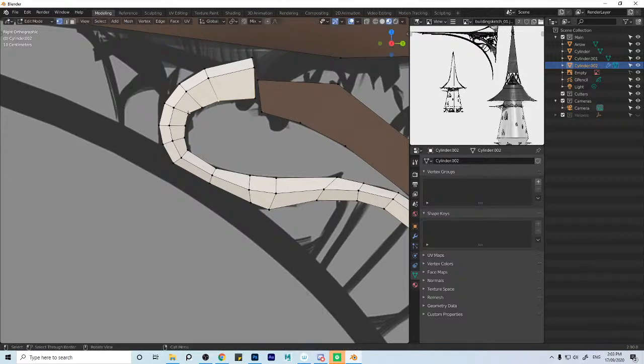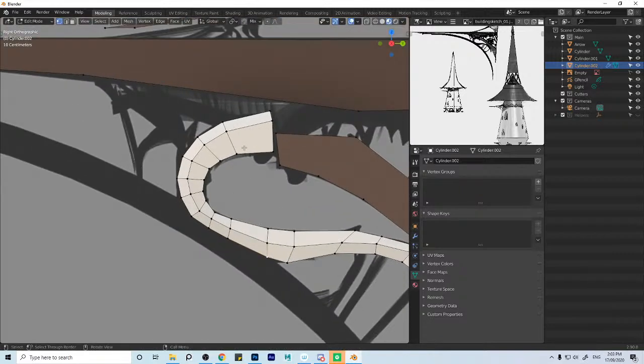If I was any closer to this kind of curvy stuff, I would probably just go and do this in 3D Coat or something like that, because it's going to be quicker, but